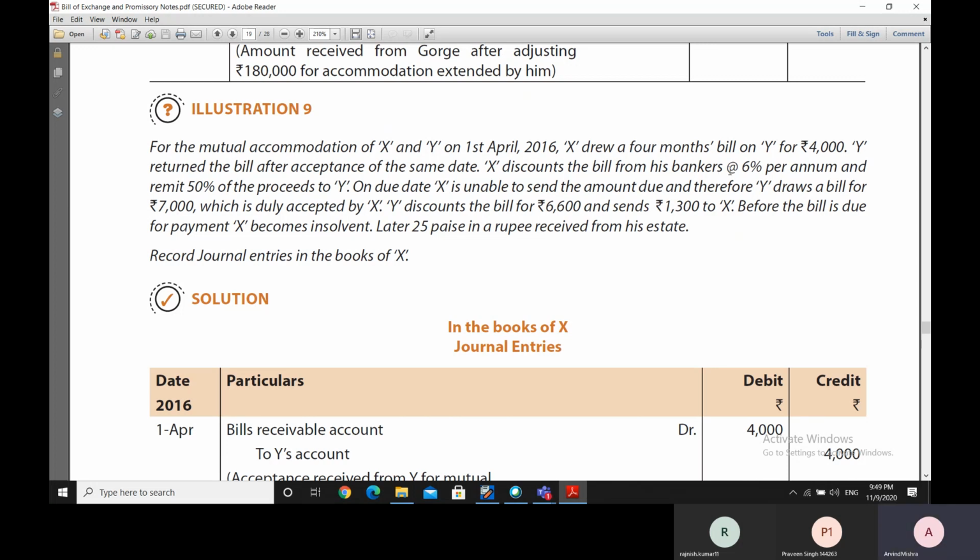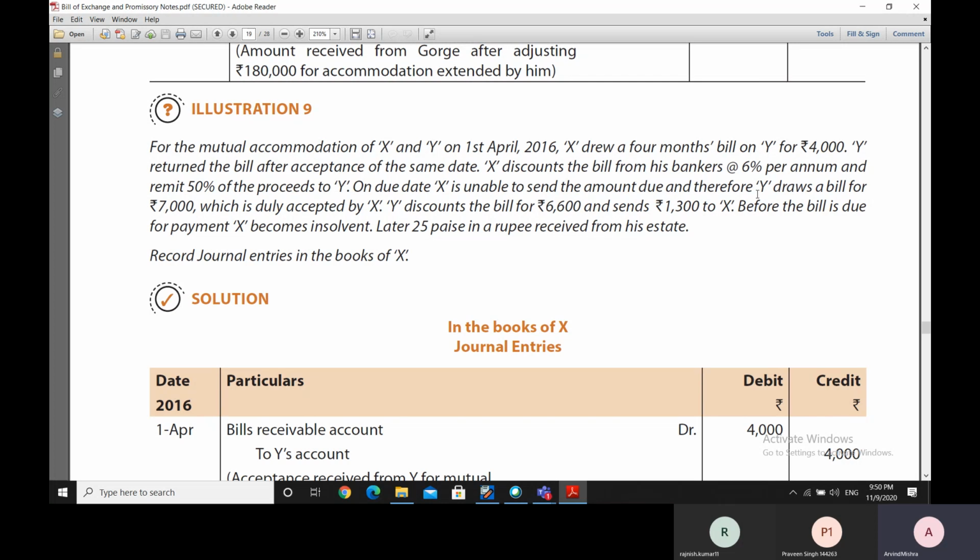And when he discounts the bill of 4,000 rupees, after deducting the 6% amount on the per annum basis for the period of 4 months, out of the remaining amount, he will remit 50% of the proceeds that he will get from the bank to Y. Now when due date arrives, the bank will go to Y to collect the payment, but however X is unable to send the amount due to Y